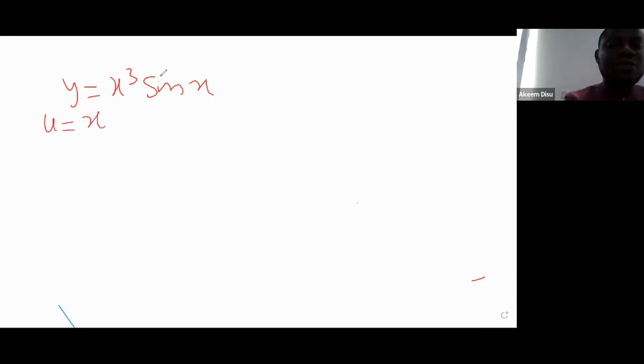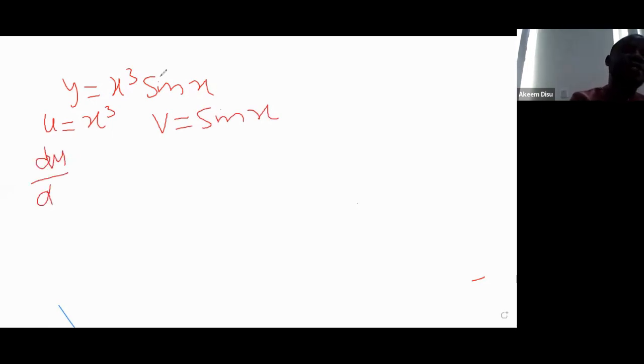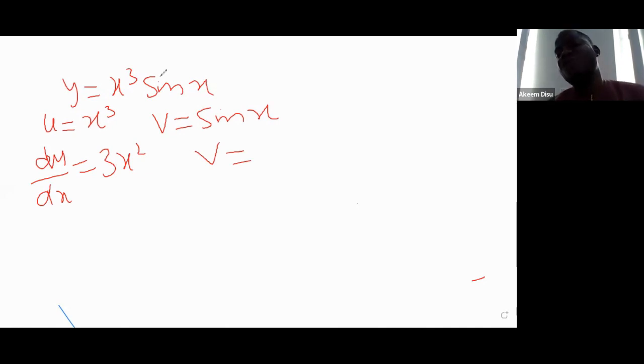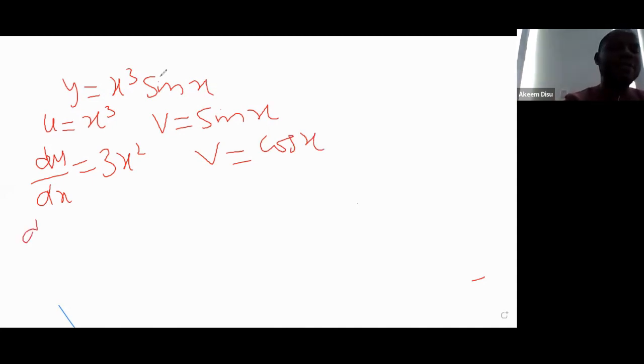Okay. We have y is equal to x cubed sine x. The first thing we have to do is say let u is equal to x cubed and v is equal to sine x. Then we find du/dx and dv/dx. If you differentiate x cubed, we are going to have 3x squared. If you differentiate sine x, it gives you cos x. Then we put them in this formula,